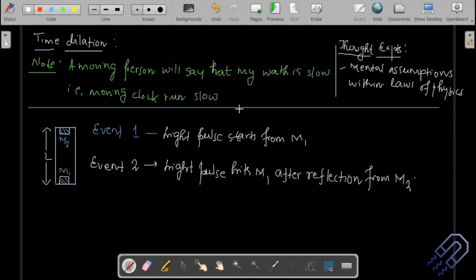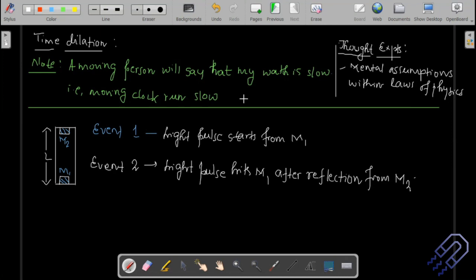There is a topic we are going to learn later, the relativity of simultaneity. Even if an event A and an event B happen together, they may be considered simultaneous in one frame of reference. But if we observe those events from another frame of reference, they might not be simultaneous. So everything we have as a perception in our mind is relative. It just depends from which frame of reference we are observing. That's the underlying concept.